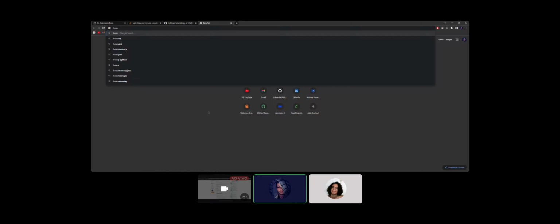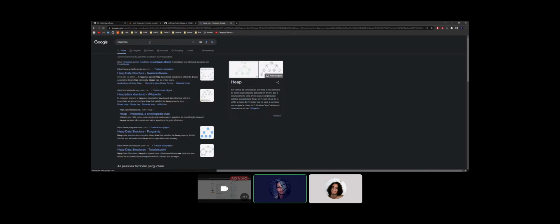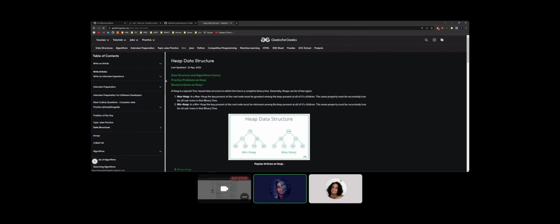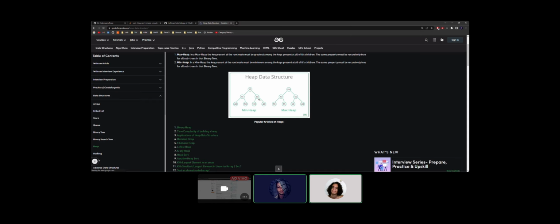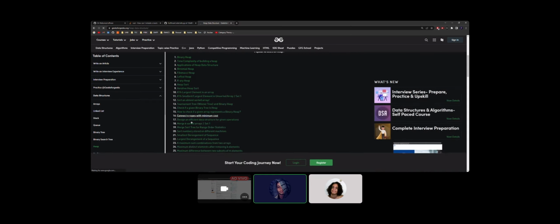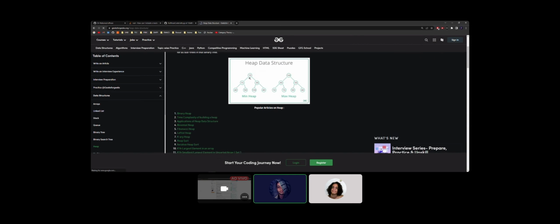Okay, what is the heap exactly? Can you describe heap to me? A heap is a binary tree. But do you represent that in an array? You can do a heap as an array, but that would be a real pain in the butt because you kind of need to maintain